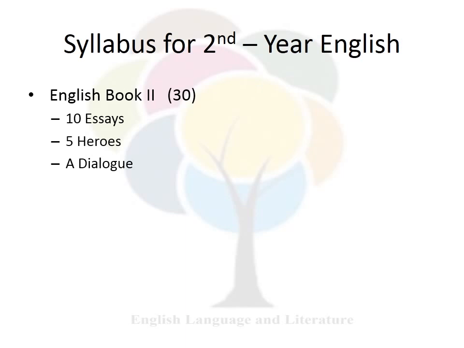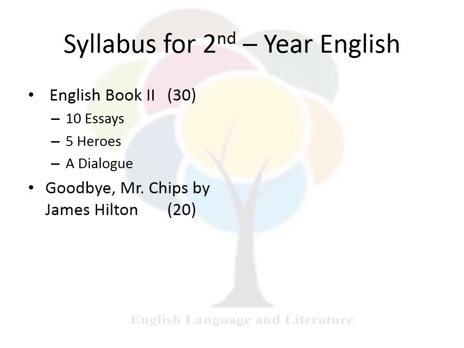The second book included in the part of paper A is Goodbye Mr. Chips. It is a short novel and it may be called a novelette. This novel is about the life of a teacher named Mr. Chips. This short novel has 20 marks. In the part of paper B,